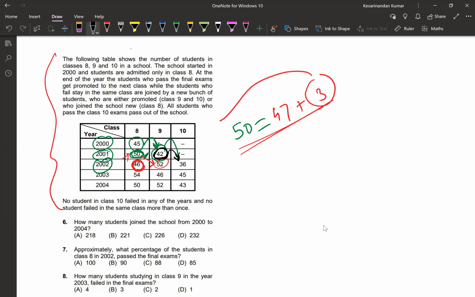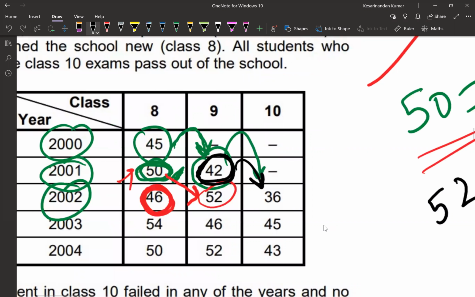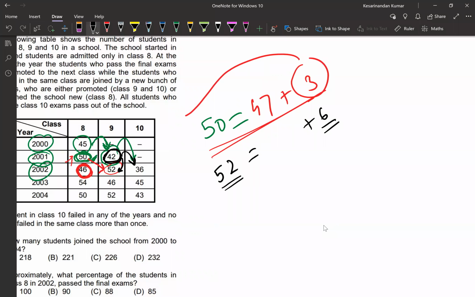So among this 52, there should be 6 who had failed, because these will stay back here, right? So among this 52, 6 were from here,